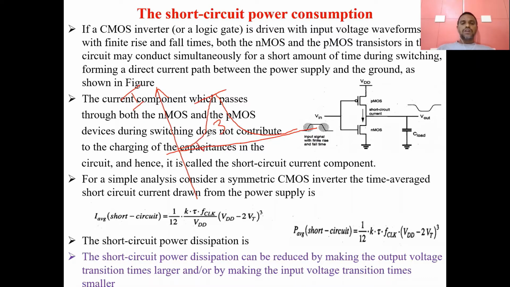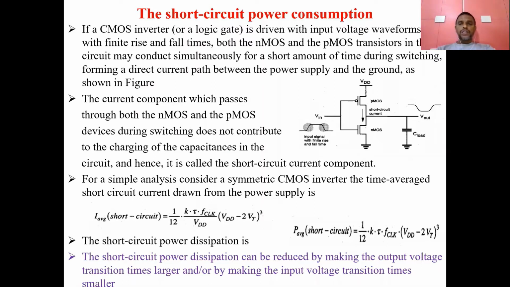So here we have divided it into regions 1, 2, 4, 5 like that. I have divided the diagram and I have explained that at this point both NMOS and PMOS transistors will be in on condition. Okay, so because of that, a larger amount of current will flow, that's why the graph will be like this. Okay, so there is some relation between the diagram and this short circuit power consumption. Okay, so what is that? At a particular voltage, at an instance, both NMOS and PMOS will go into the on condition.